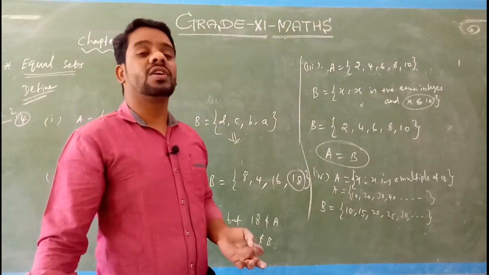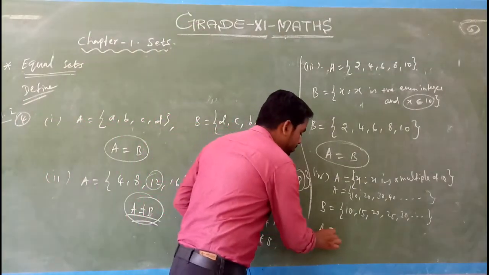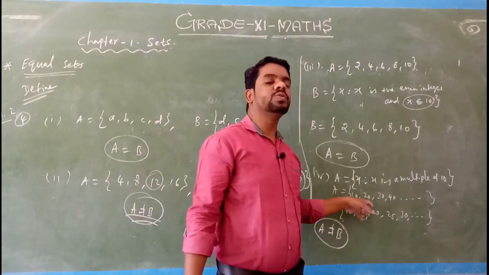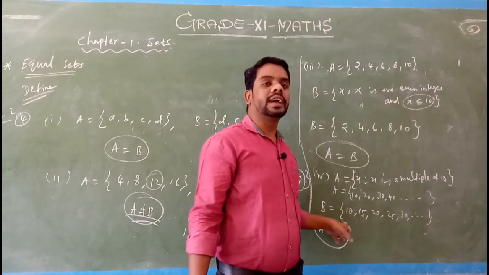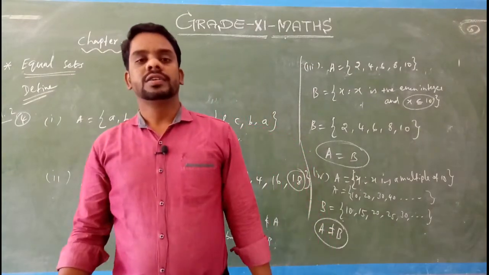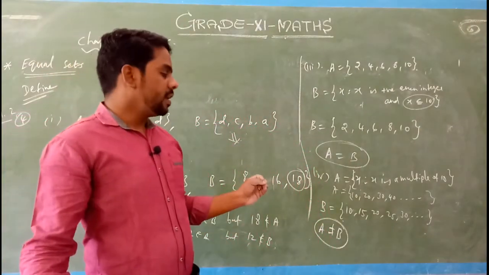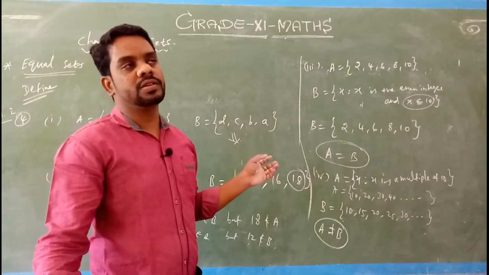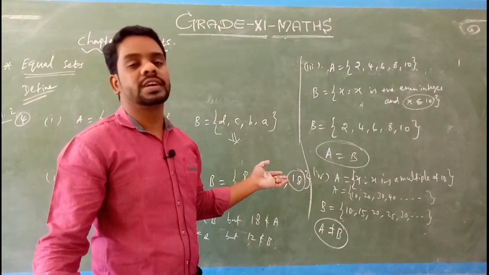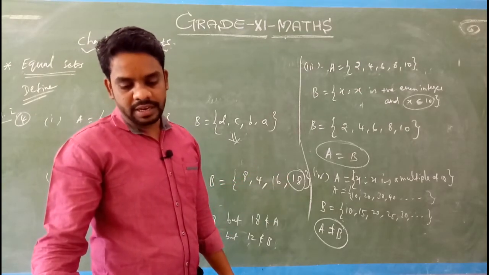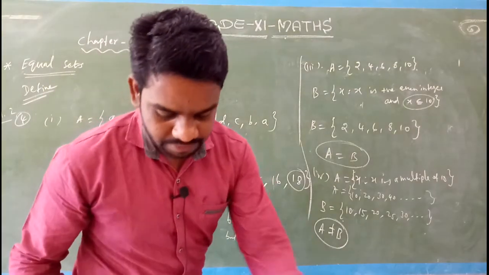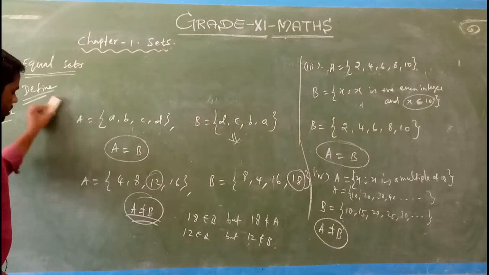So these two sets are not equal. A is not equal to B because the number 15 does not belong to A, but 15 belongs to B. And also 25, 35, 45 and so on. Some numbers belong to B but do not belong to A. So the two sets do not have the same elements. So the two sets A and B are not equal. So in the fourth question, the two sets are not equal. Okay, right. Next, the fifth question. Next, question number 5.